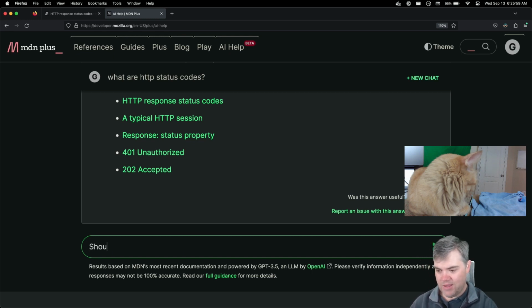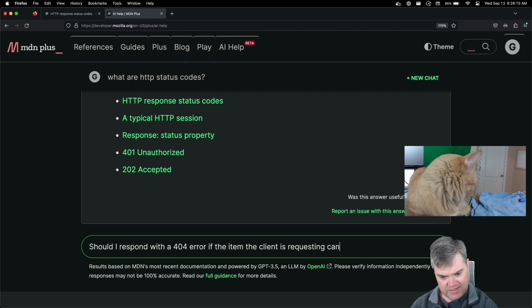So should I respond with a 404 error if the item the client is requesting cannot be found in the database?